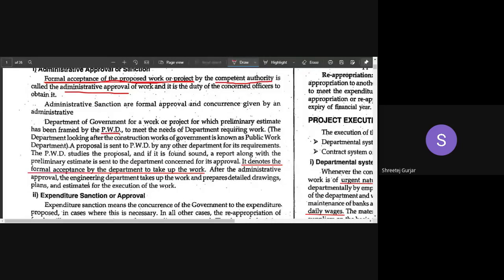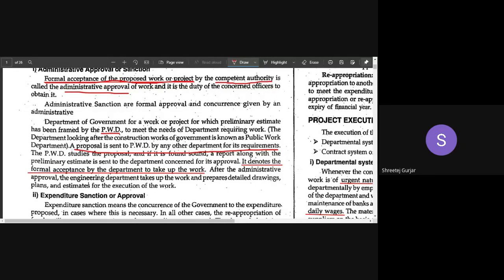So this particular proposal is checked by the PWD department. It is checked for its requirements, and it is checked whether it is proper, and it is checked by the administrative authority. And once all of the things are found proper, and if you have funds for that particular thing, then that proposal is put into work. After the engineering department, after all the approvals are done, only then is the work taken.